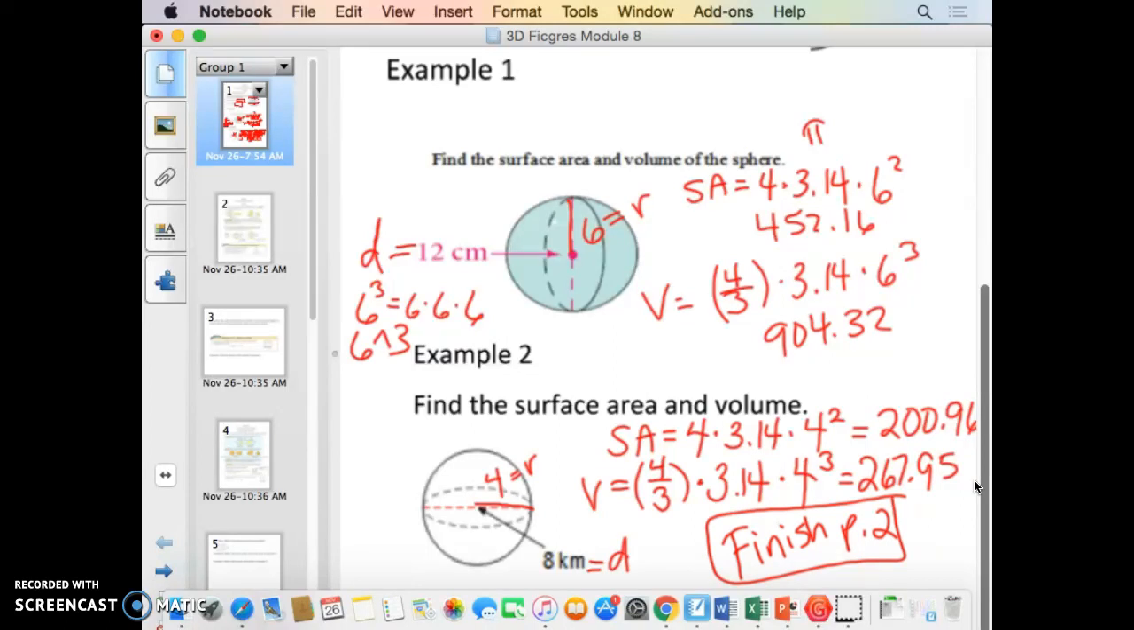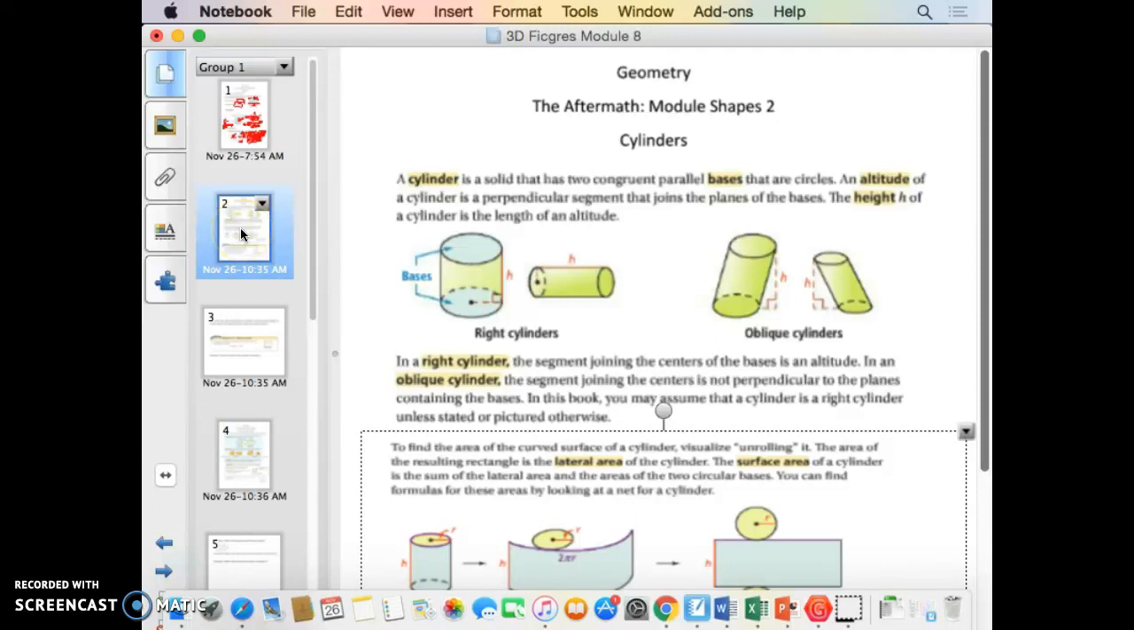All right. We're now on page 3. So here we go. This is page 3. And we're going to talk about cylinders now. So cylinders have a base. The base is a circle. So you're going to have to know that